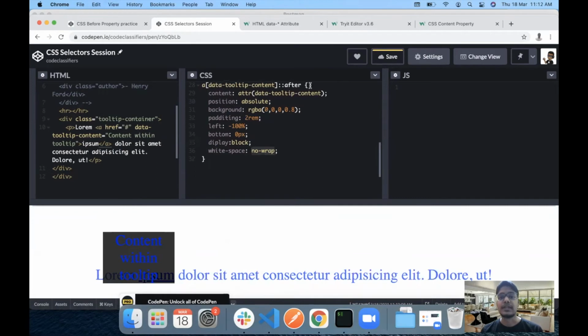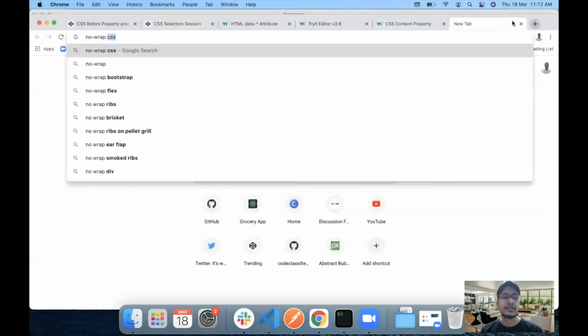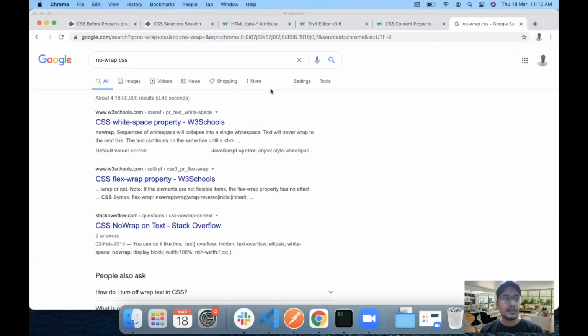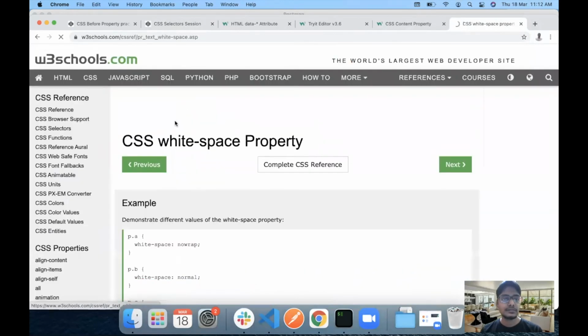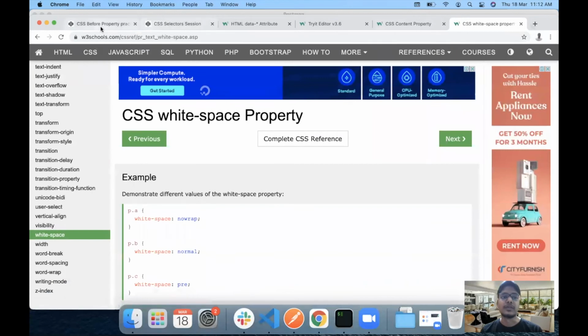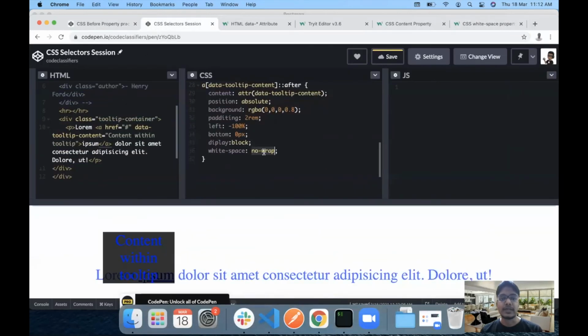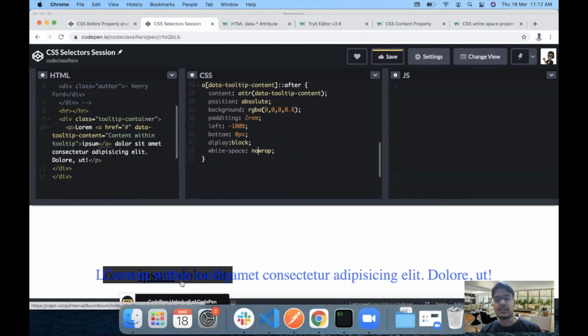Okay, I think it was something else. Let me just check. Yes, it is white-space nowrap, but without the dash. Okay. So now my text is fine, the only problem is now the tooltip is not at the proper position, which should be above.